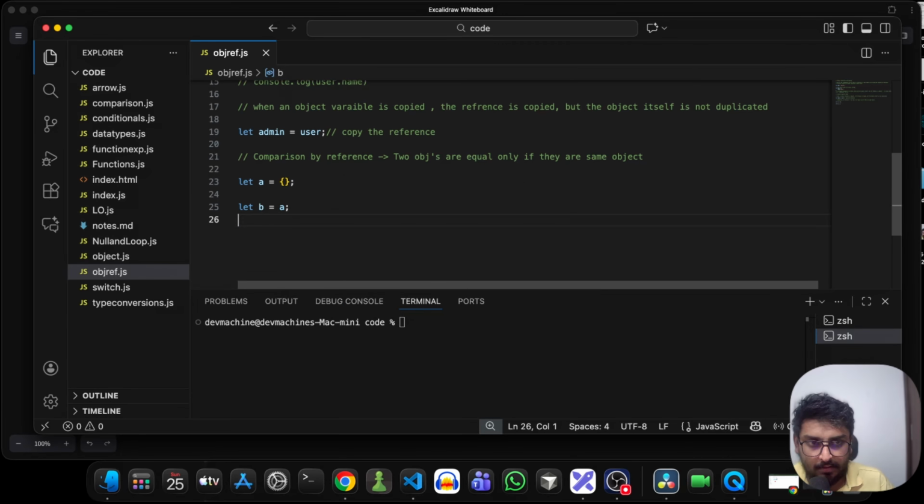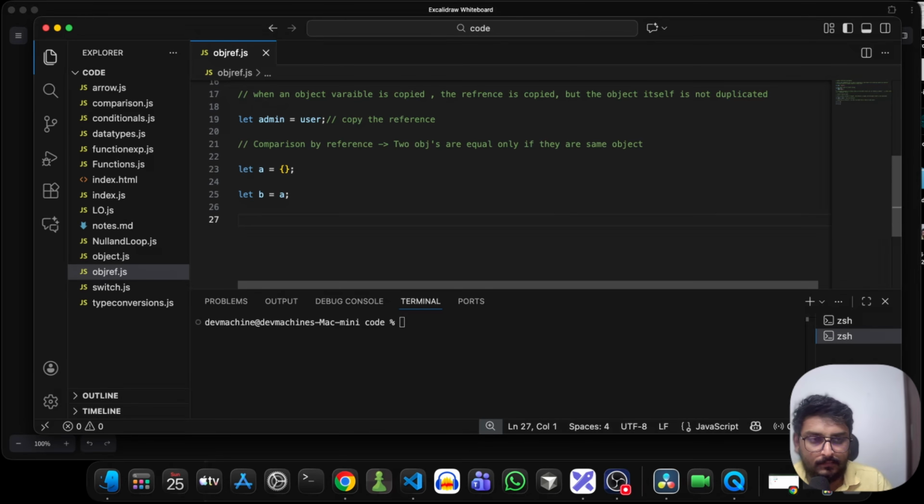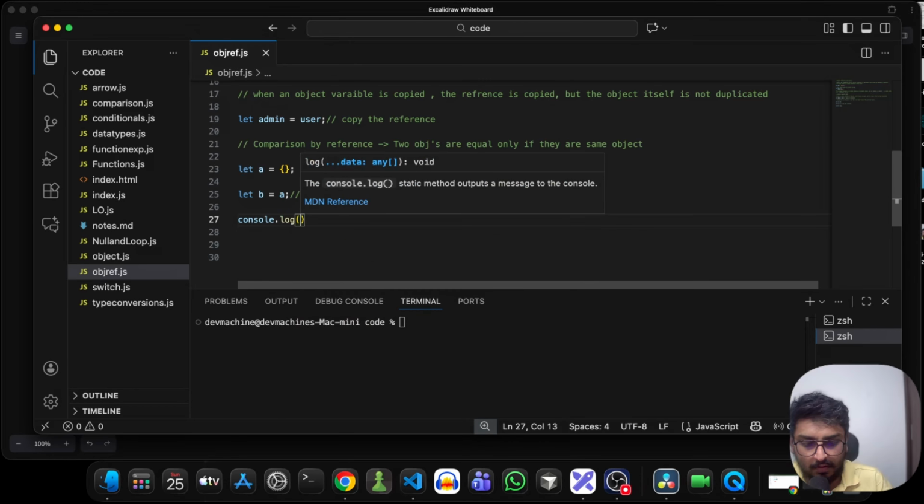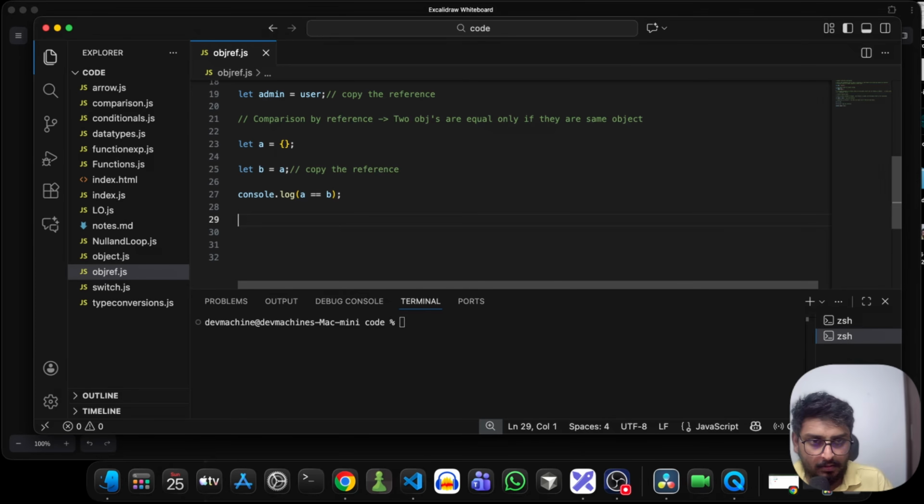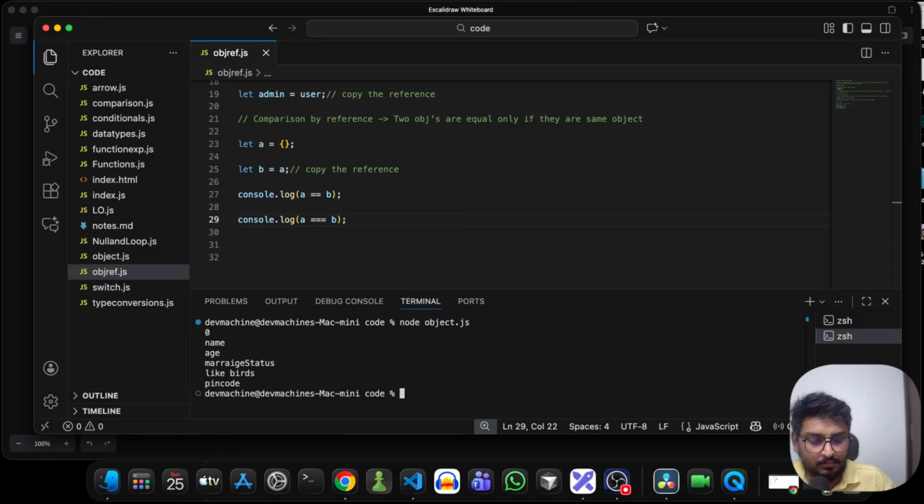Let B is equal to A. So here what exactly happens? We copy the reference. The same example that I previously told in Excalidraw is exactly happening here also. This object will be stored in a memory location, and that memory location will be stored inside A and inside B. Now, when I do console.log(A == B) and console.log(A === B), what will be the result? I'll say node